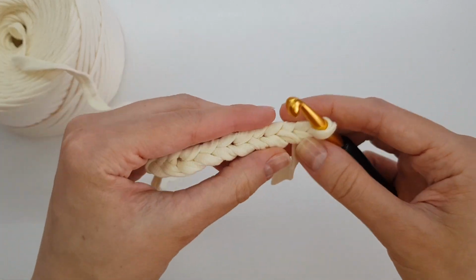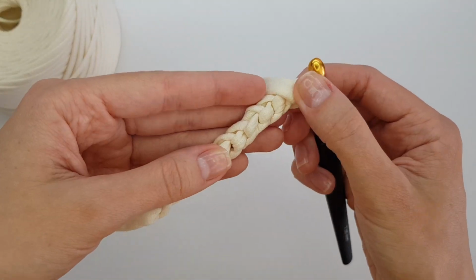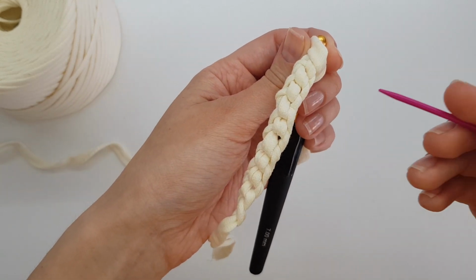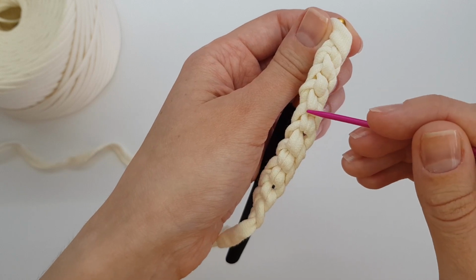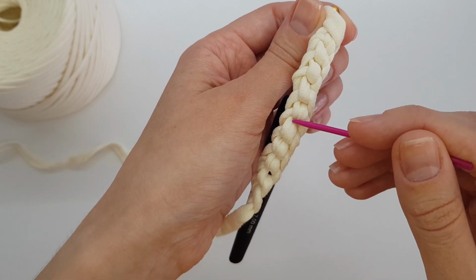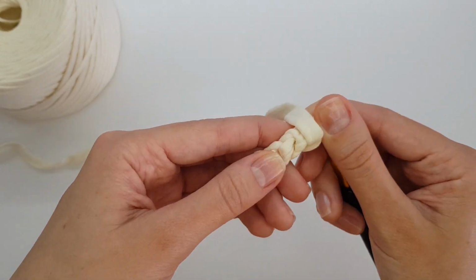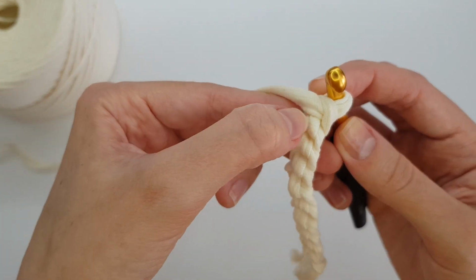So now we have 10 chain stitches. Turn the chain, and here on the back side you can see such loops all over the chain. We will insert the hook into these loops to crochet the first row of the bag. So insert the hook into the first loop,